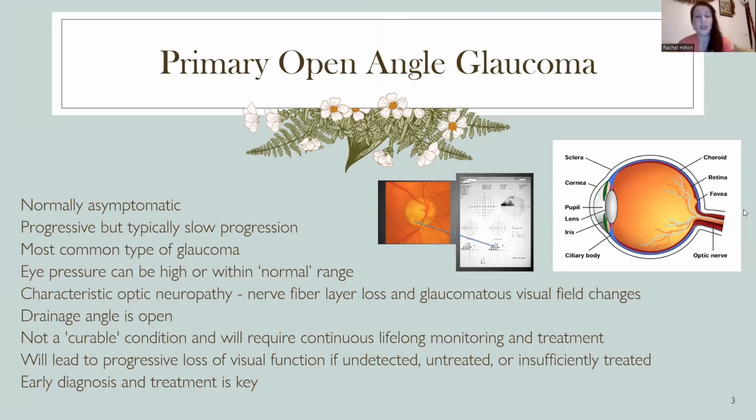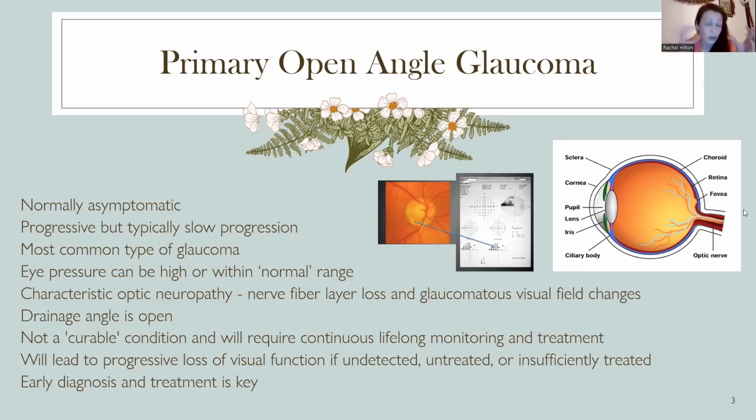The optic nerve is made up of millions of nerve fibers. And what we're saying when you have glaucoma is that we're seeing some changes to the nerve, some thinning out of the nerve where those fibers are dying off, which then leads to changes in vision. And usually that's in the visual field in terms of sensitivity of vision and areas of vision missed on the peripheral edges on the sides.